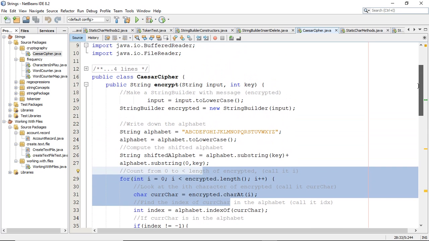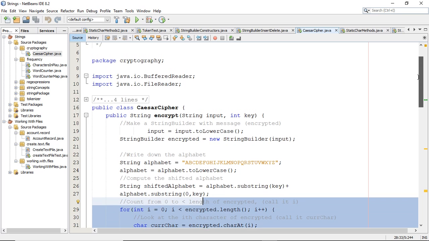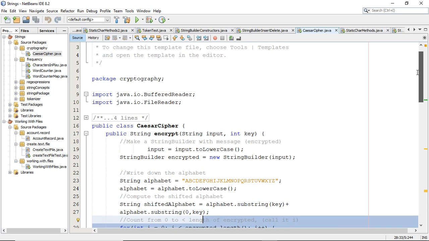Let's look at another interesting application of working with files and strings. Here we are trying to use a very simple encryption algorithm, that is the Caesar cipher. Now, if you have studied encryption or security algorithms, encryption is something that converts our message or our email into something that is not readable if it is intercepted by a third party, and it should be decrypted when it is received by our